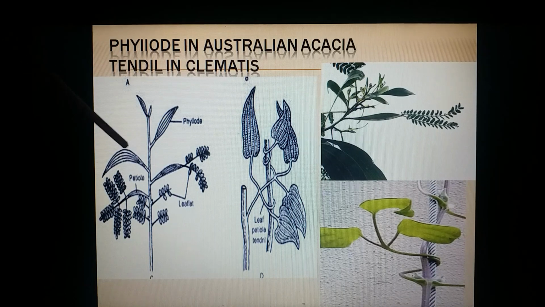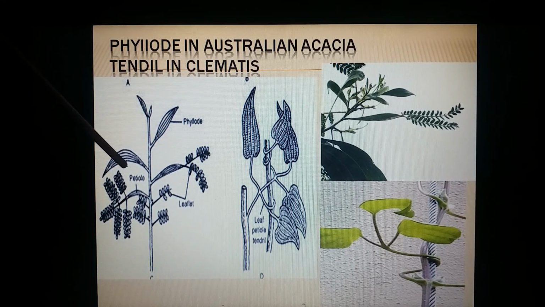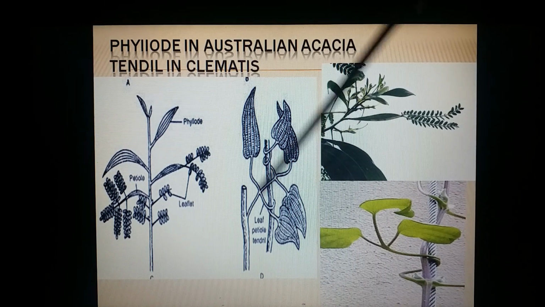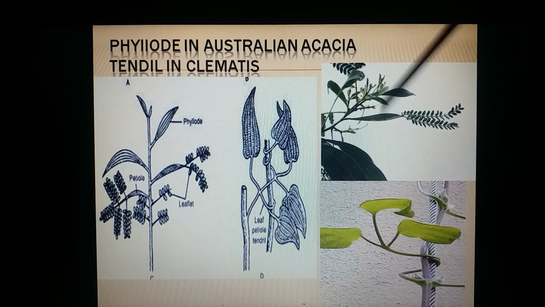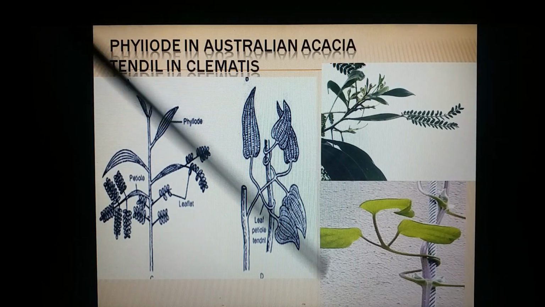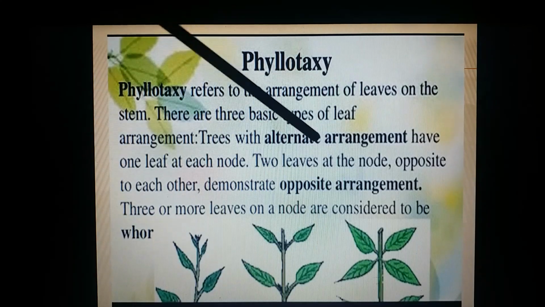The petiole modifying to a flat greenish photosynthetic structure. The original leaf is gradually very much reduced and condensed, and the petiole performs the photosynthesis. This is one sort of modification, called phyllode, a xerophytic adaptation seen in the Australian Acacia. It is a primary rachis modifying to phyllodes in the case of Acacia, maybe a secondary rachis in the case of Parkinsonia. The petiole modifying into tendril structures, and this is the case of Clematis. So petiole into phyllodes in Acacia, petiole into tendril structure. These are modifications of the petiole.